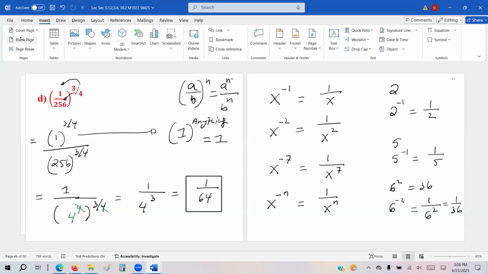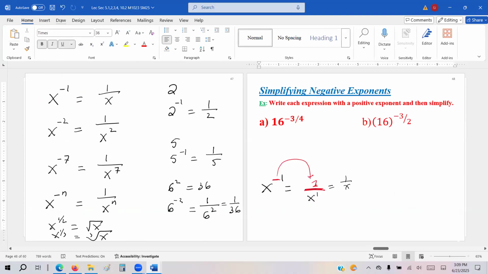Versus the radical. For a radical, if you have x to the 1/2, it becomes the square root of x. If we have x to the 1/3, it becomes the cube root of x. So the base stays the same, just the fraction turns into a radical. But if you have a negative power, the entire thing changes. From a whole number, it becomes a fraction instantly.